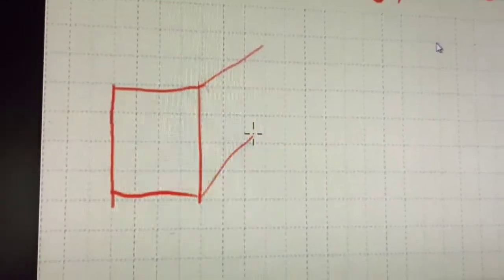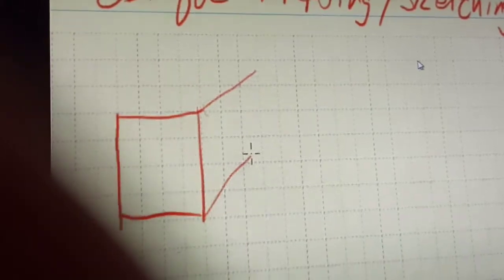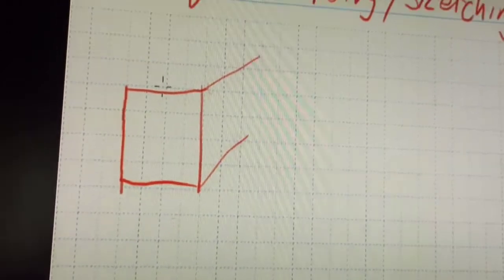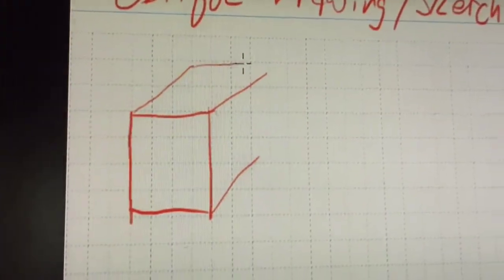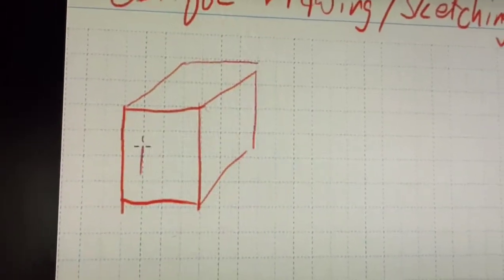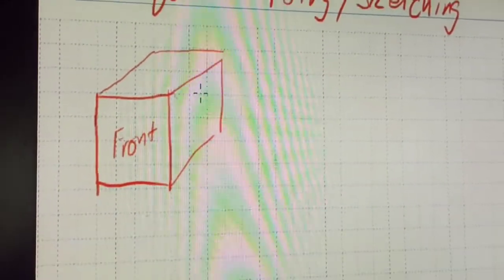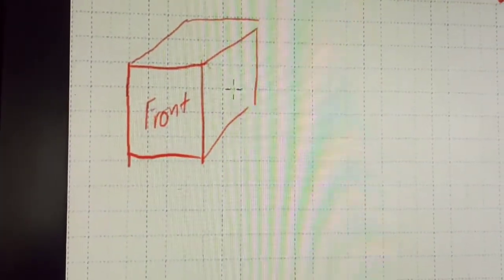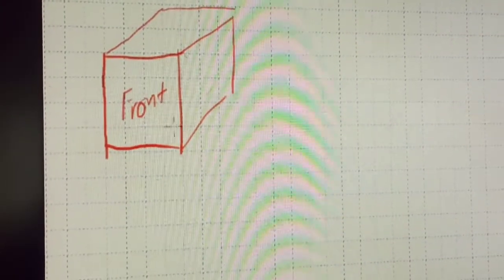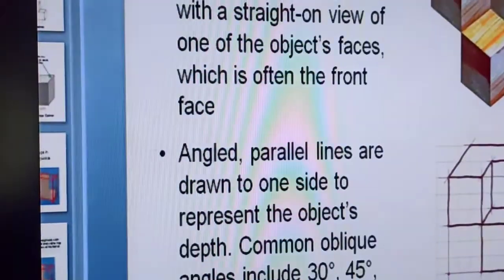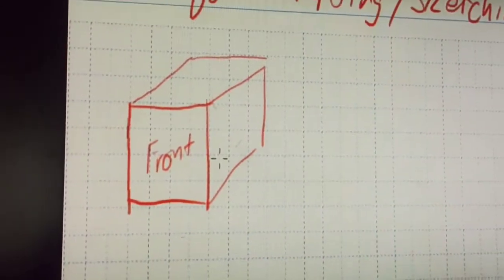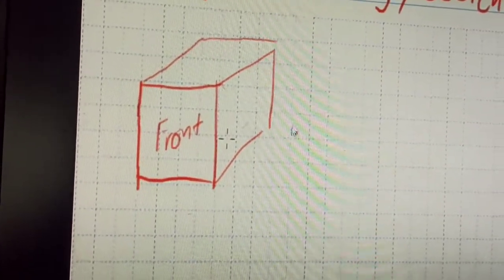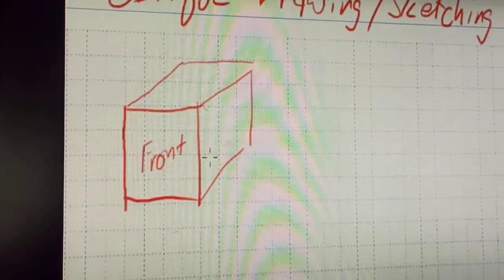See here, beta, for oblique drawing sketch, these types of sheets are there, and you will draw like this. Like this you can draw very easily, because here you just have to match with the sides, right? This one is the front one. Now we will draw the back one also by joining the lines. And see here, the best part is just joining the lines, right? Like here, see these lines, directly you will join with this, right? So oblique drawing is easy.